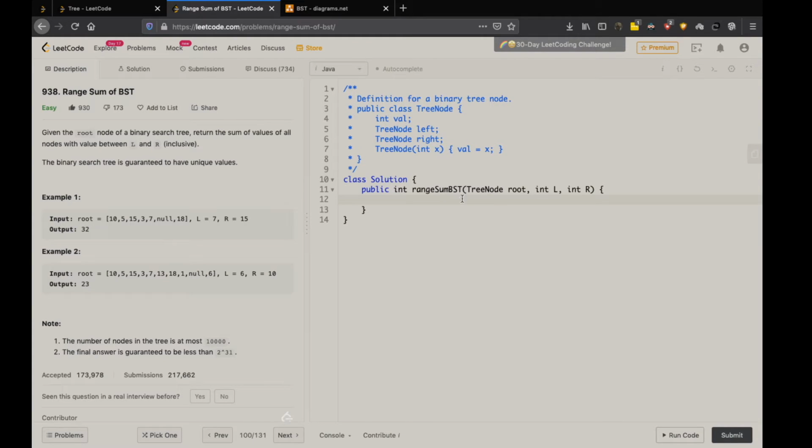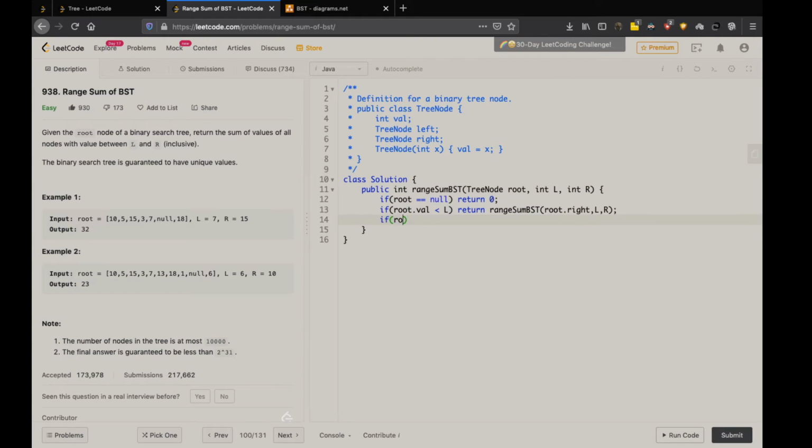So I'll try to code it out. So the first thing will be the base condition, which is if root is equal to null, simply return 0. Then the next step is to check that if the root value is less than L, which is 7, then we need to recurse for the right subtree and pass the values as they are.